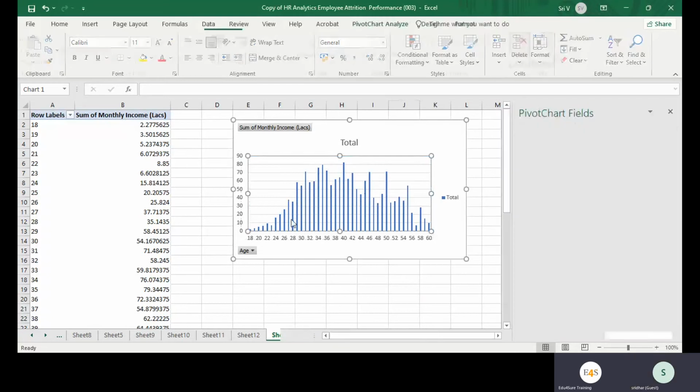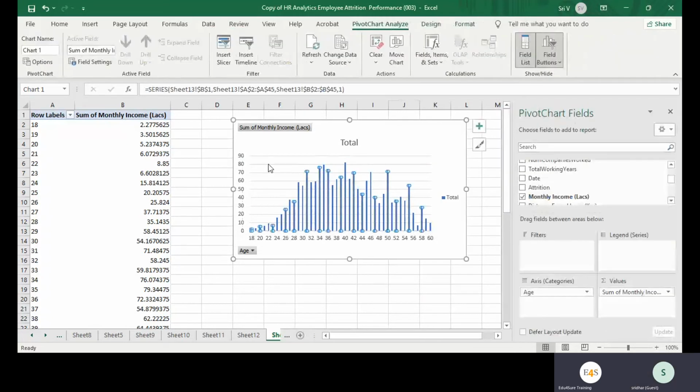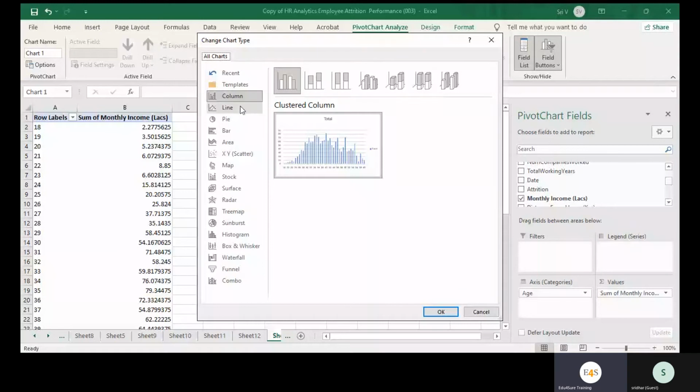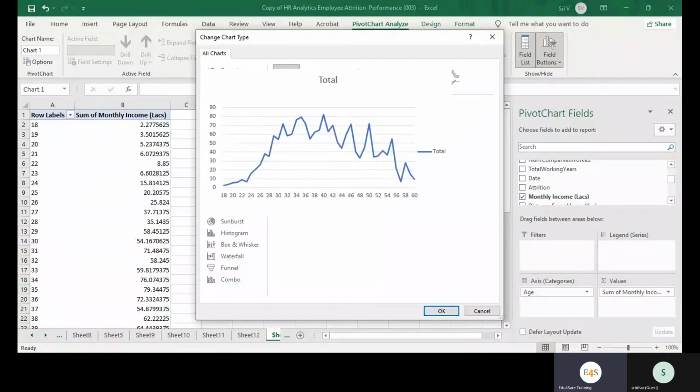Can we do some other chart for this? Yeah, you can do another chart also. Try something else. You cannot take pie because pie is not a good chart for big information. I showed you in the last class, right? Yeah, correct. Try to take line. You can see the preview here only. Click on line once. So this is a good chart because you need to check that peak and fall, right?